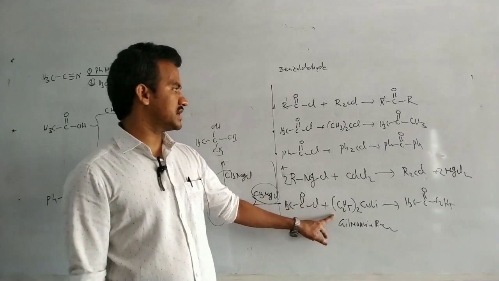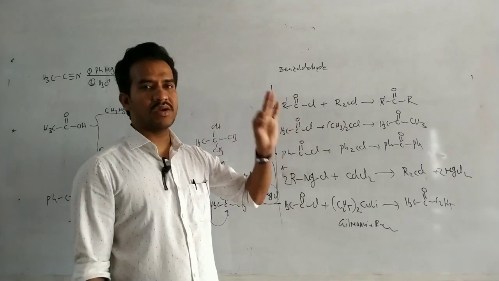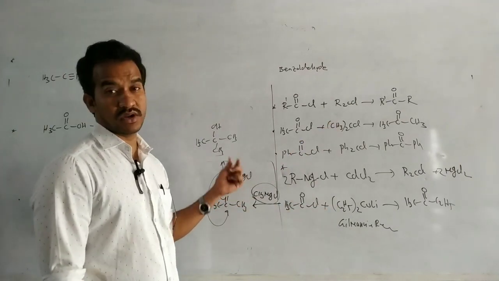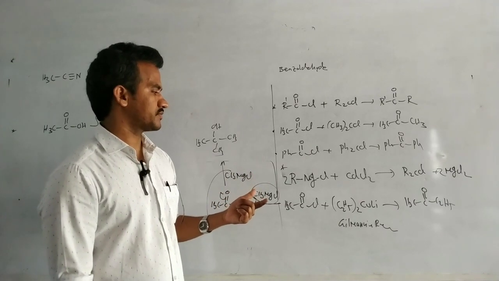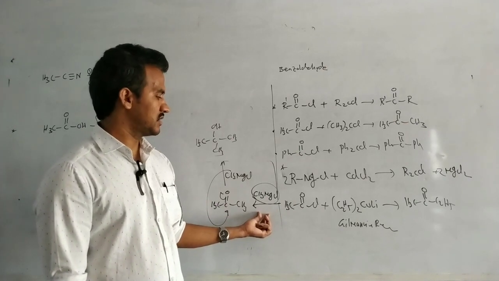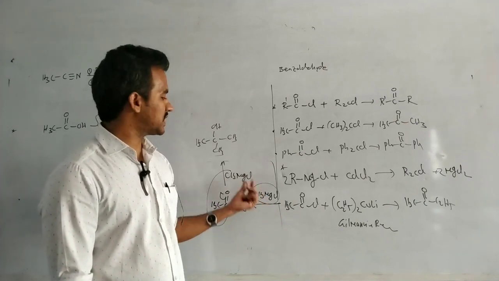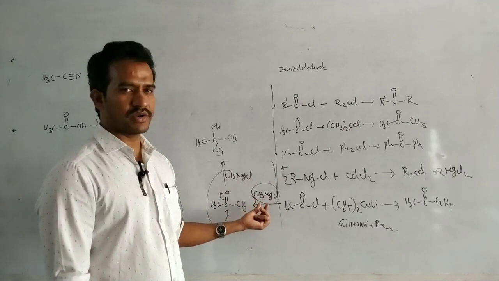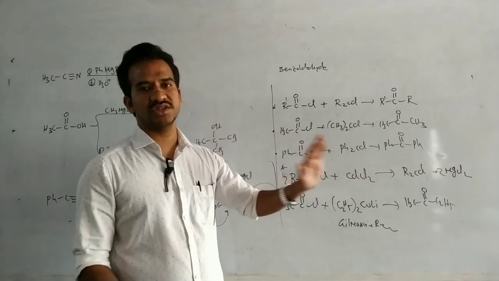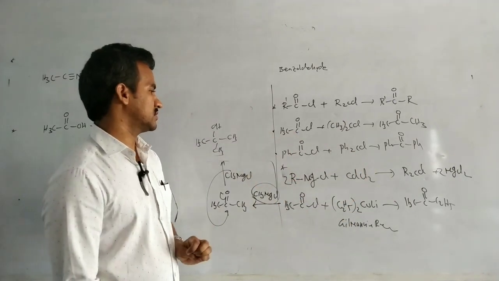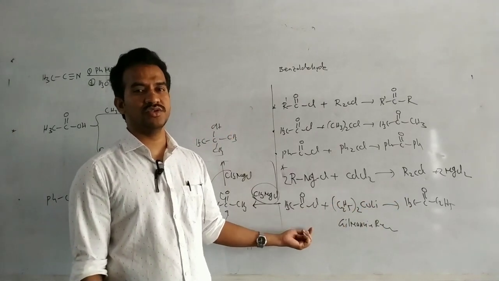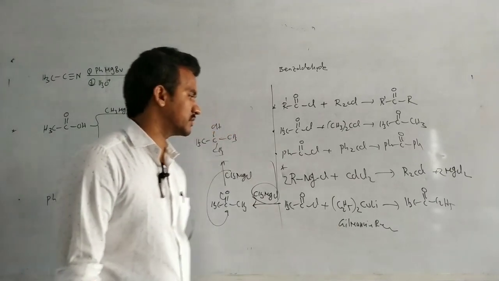But Gilman's reagent and dialkyl cadmium consume one equivalent. These are less reactive compared to Grignard reagent. Look at the reactivity order once. Ketone is obtained. When a Grignard reagent is added to an acid halide, because of its high reactivity it consumes two equivalents and produces alcohol directly. But in this case these are less reactive, so the reaction stops at the ketone stage. Generally, acid halides are more reactive than ketones towards nucleophilic attack. It's a good concept.